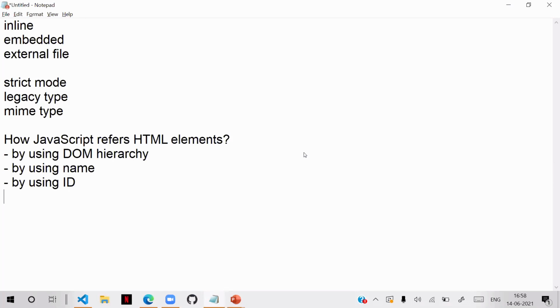For that we have to use a function. Document has a function called getElementById. Remember, JavaScript is case sensitive. Capitalization matters, so we have to write the functions in the same capitalization that is provided. You cannot miss that. getElementById is a function of the document object that allows you to access any element directly.